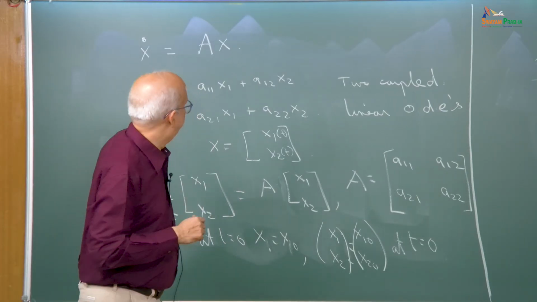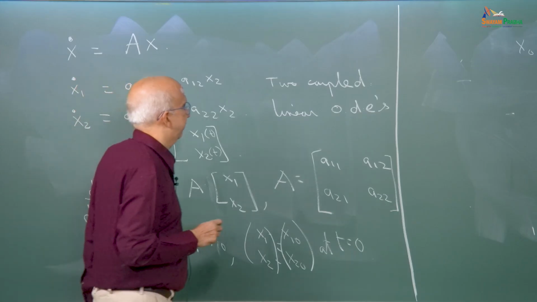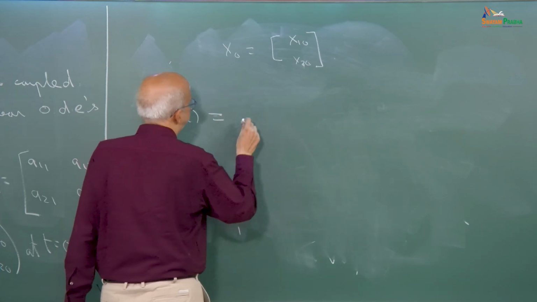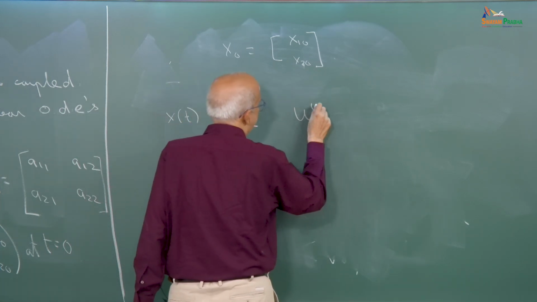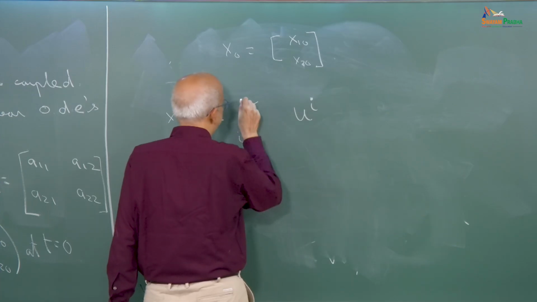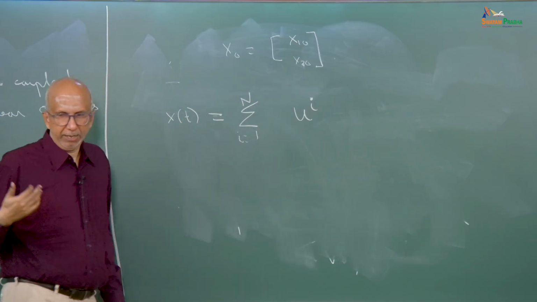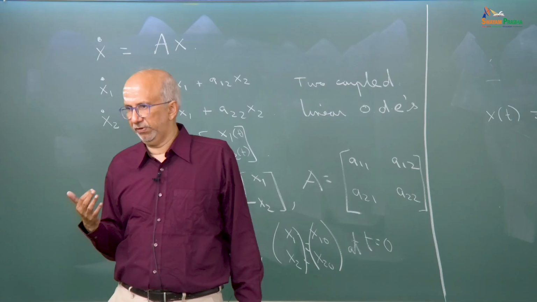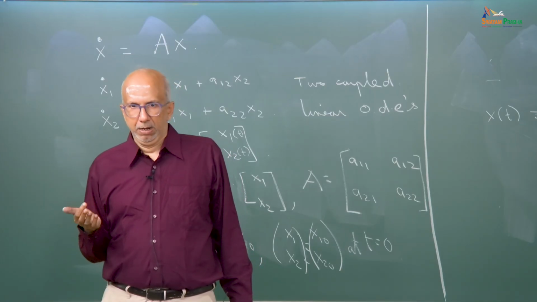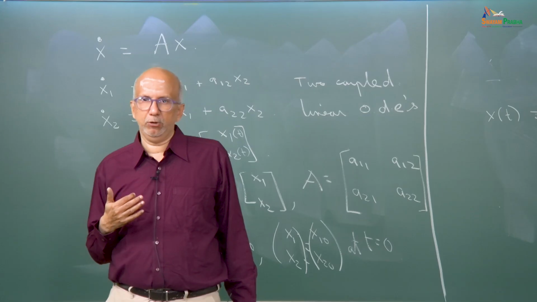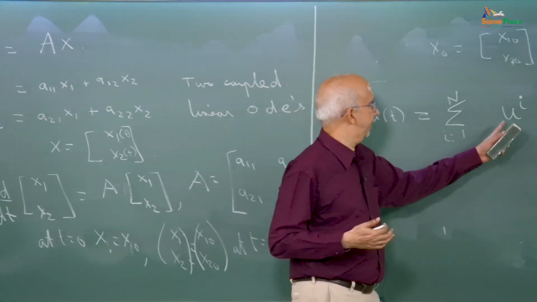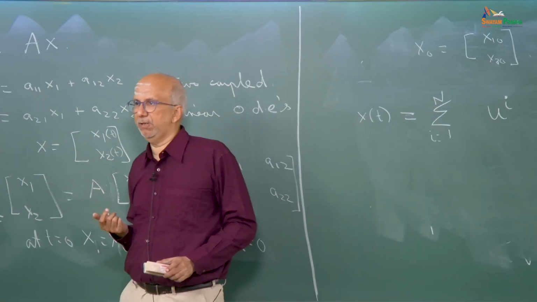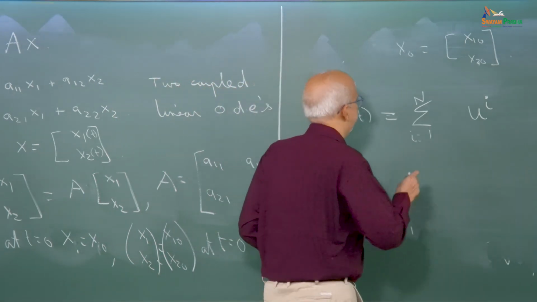Now, what we want to do is write x of t as summation in terms of ui, i equals 1 through n. Again, I am writing my vectors in terms of my eigen basis, the eigen vectors which I am using as a basis. But these vectors now are dependent on time, and the eigen vectors are not dependent on time, because eigen vectors are coming from A, which is constant. So, where do I absorb the time dependency? I need to absorb the time dependency in the constant,